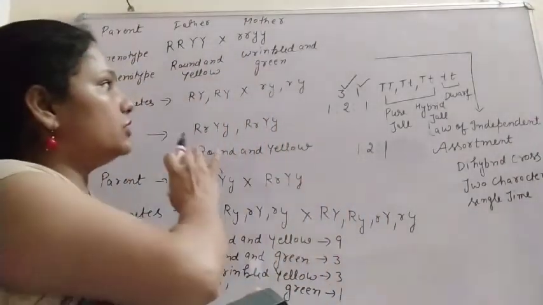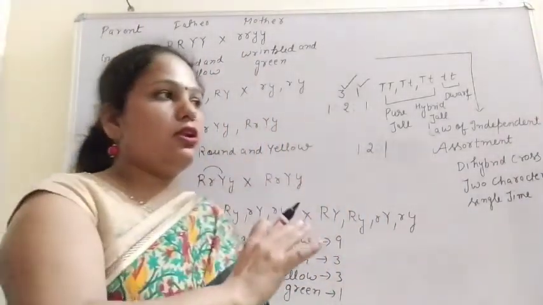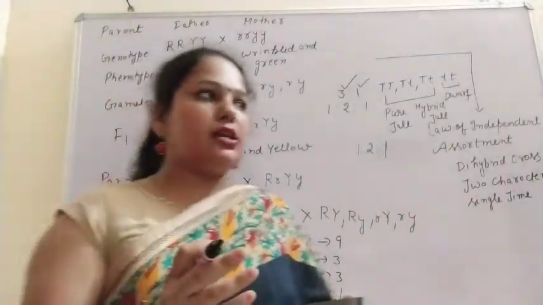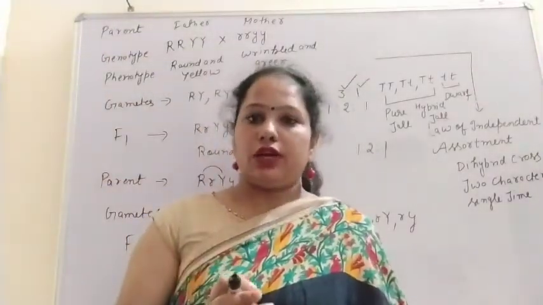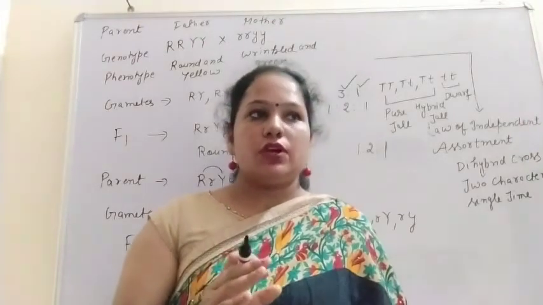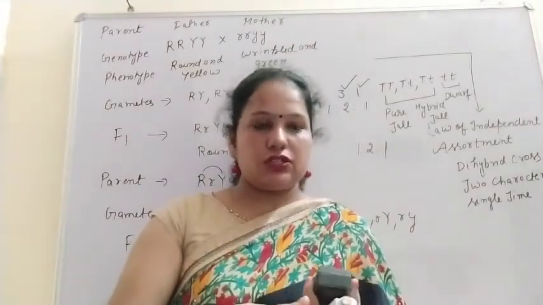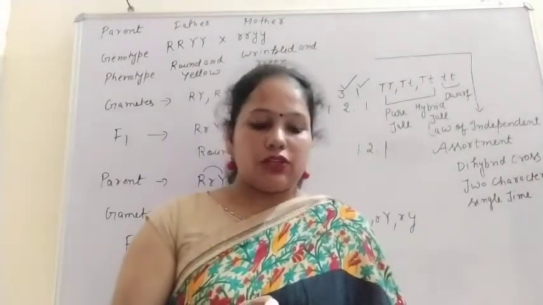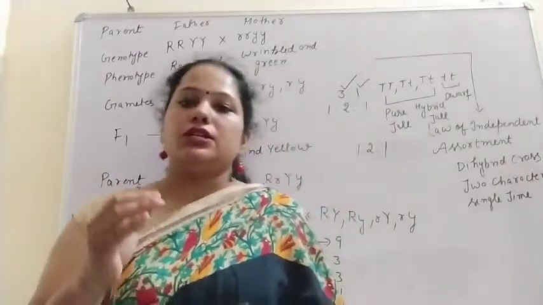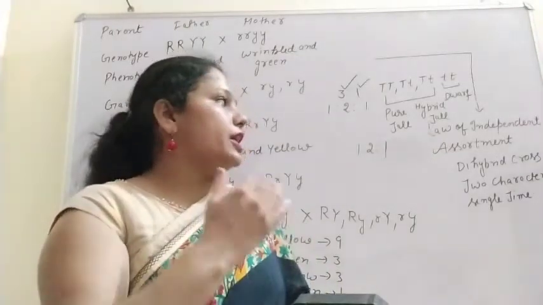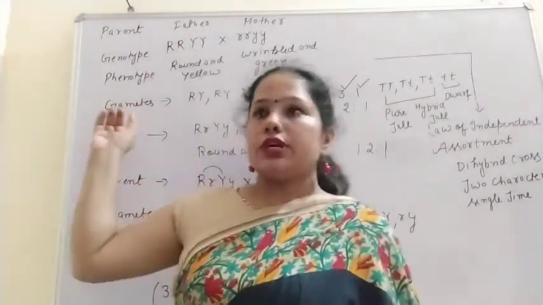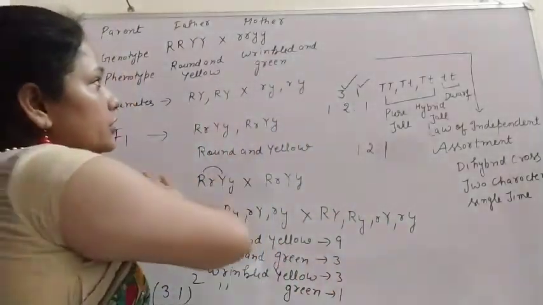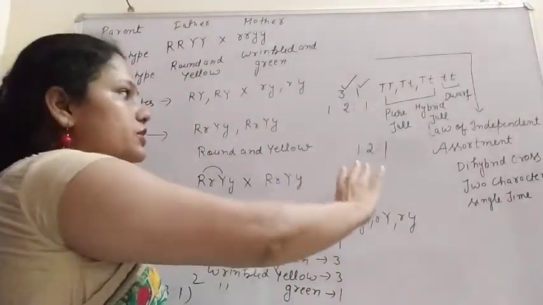So these were the 3 laws given by Mendel based on his observation of the pea plant, because in the pea plant there were 7 contrasting characters, and if we take any character, the conclusion will remain the same for all the characters. So Mendel concluded it, and he gave all these laws.